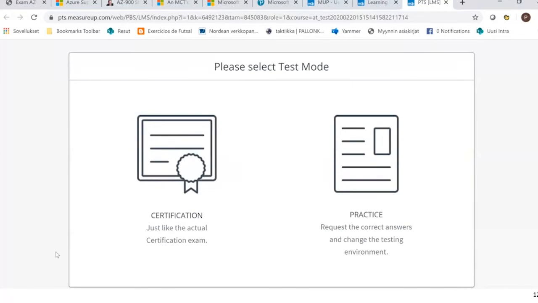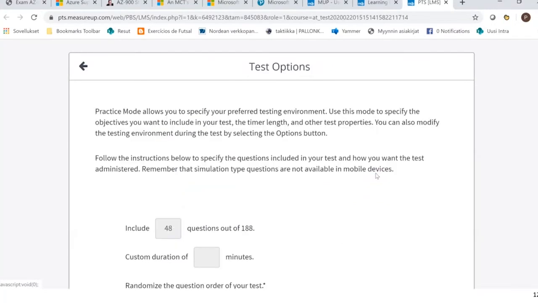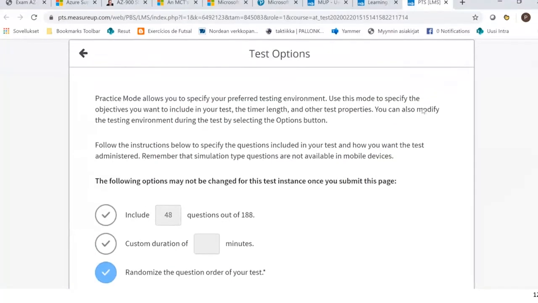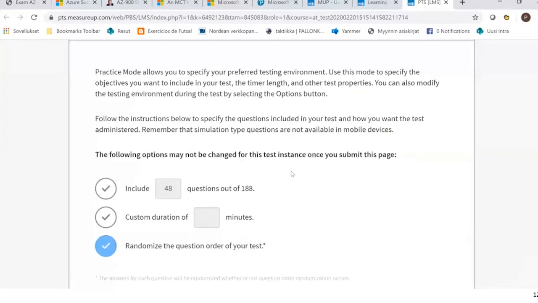I think you should do this at least once before you go to the official exam. But I have used this tool mostly for practicing. So I can practice all these things with this exam. And now I will show you how this practice mode works. I have a lot of options. I can change everything here, for example, how many questions I want to use this time. I know I have 20 minutes now, which I can use for training. I can use custom duration here.